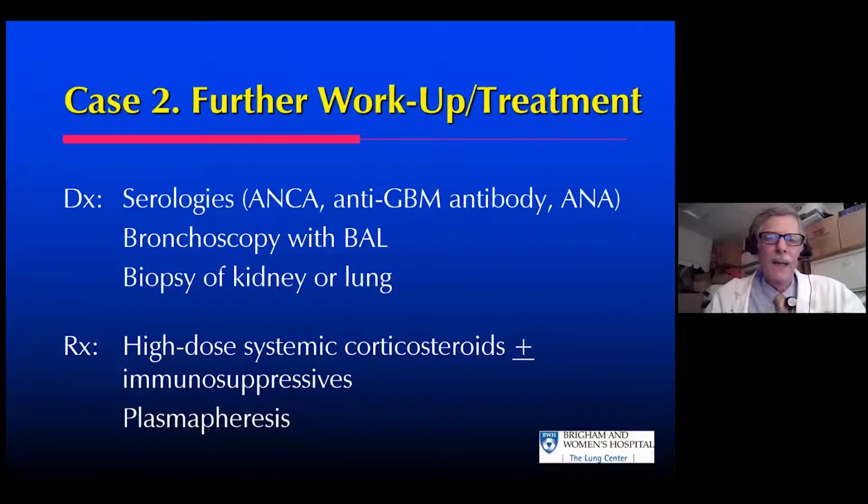You're thinking about pulmonary vasculitis or collagen vascular disease. We're going to do a serologic workup with ANCA and anti-GBM antibody, maybe ANA, and maybe we'll confirm the presence of blood in the alveoli with a BAL and expecting a bloody return, and maybe we'll need tissue biopsy, kidney or lung. And the treatment of this patient's hemoptysis is going to be high-dose systemic corticosteroids plus perhaps immunosuppressives or biologic therapy, maybe plasmapheresis, treating a vasculitis. All right, third